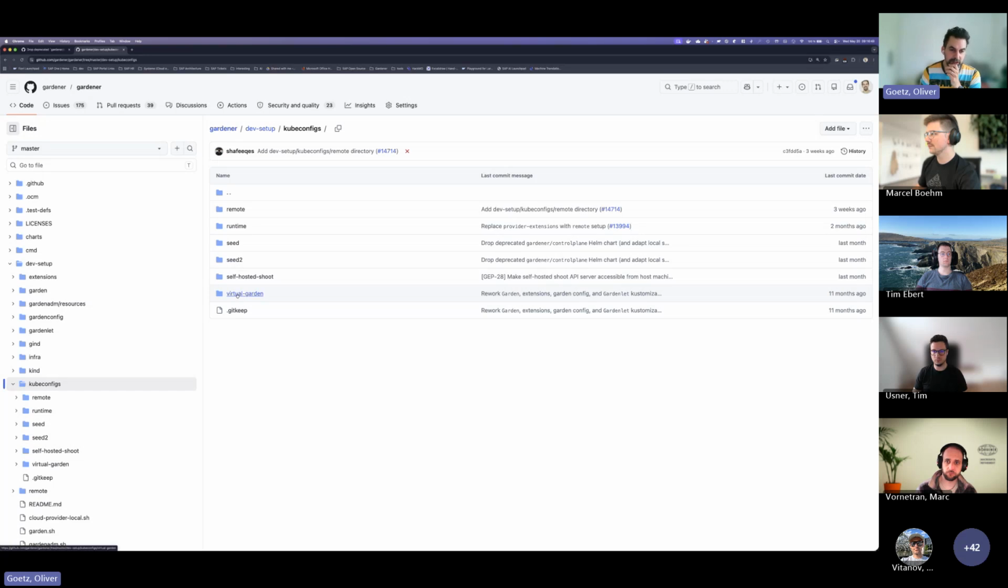And important now, of course, is that there's also a virtual garden folder, because we don't have this combined virtual garden runtime cluster anymore. There's a separate kube config for the virtual garden, as it is for the real landscapes. Okay,